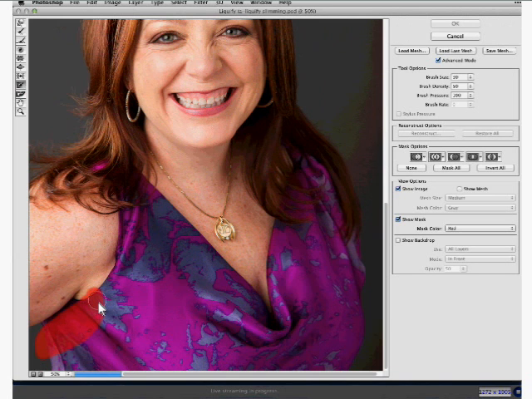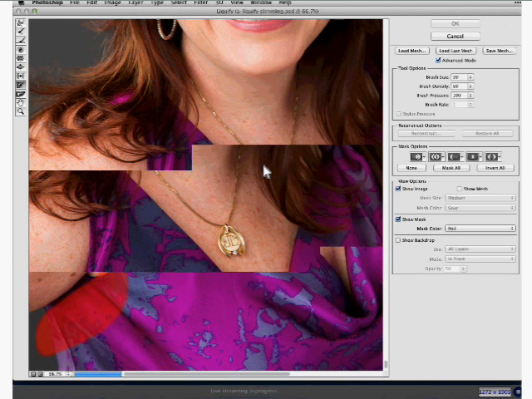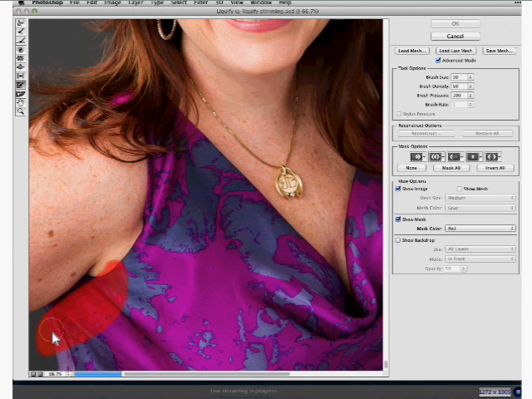So I'll zoom in just a little bit more here and move over. So you can see from this red overlay that I have masked that area, or I've frozen it. So nothing's going to happen to that area even if I brush across it. And if you're not seeing that mask, just turn on the Show Mask little checkbox on the right-hand side of